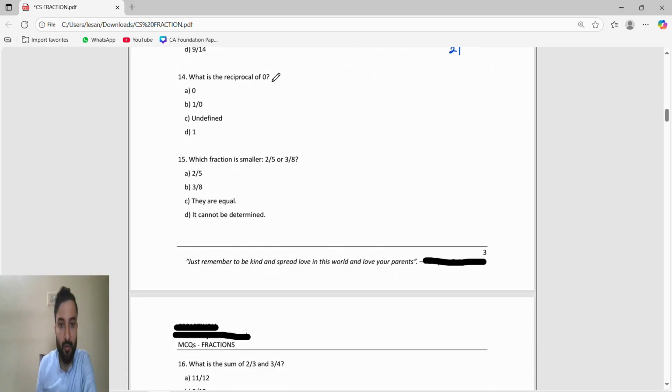What is the reciprocal of 0? So it is 0 by 1. Okay, reciprocal of 0, understand guys, see, don't put 0, reciprocal of 0 is not 0. So I will write 0 as what? 0 by 1. Obviously everything will be written like this. 0 means 0 by 1. Do the reciprocal, it will become 1 by 0. So 1 by 0. Okay,